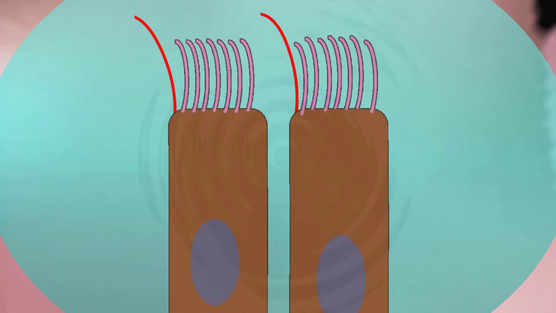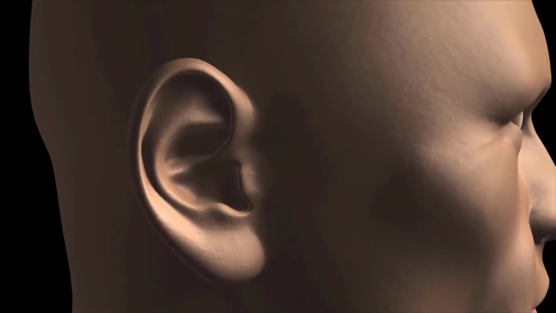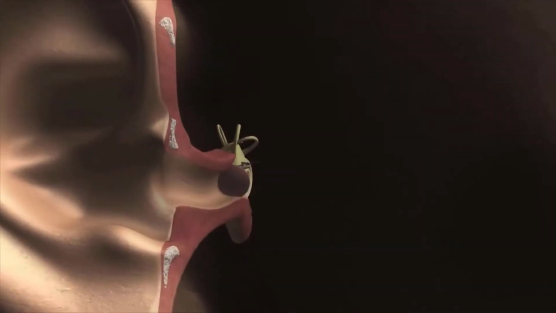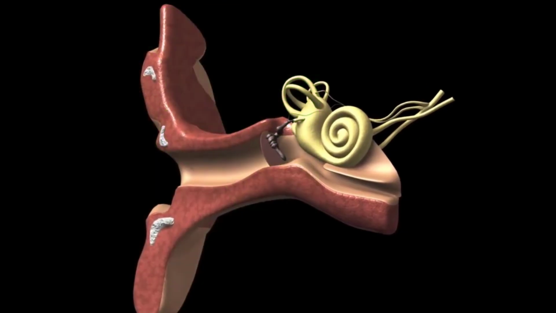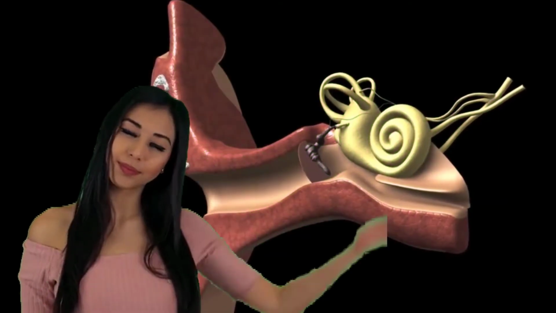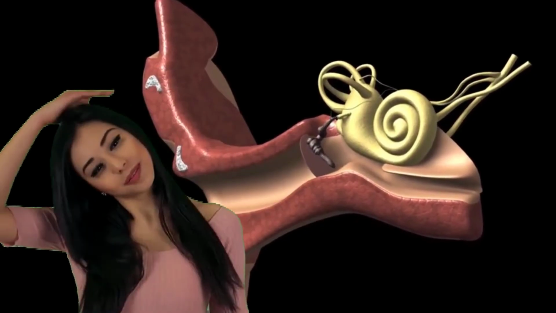When external forces push against these processes, the distortion of the plasma membrane alters the rate at which the hair cells release neurotransmitters. The receptors within each semicircular duct respond to one of these rotational movements. A rotation in the anterior-posterior plane, such as nodding yes, stimulates the hair cells of the anterior duct. A rotation in the horizontal plane, such as shaking your head no, stimulates the hair cells of the lateral semicircular duct. A rotation in the coronal plane, such as tilting your head from side to side, stimulates the hair cells